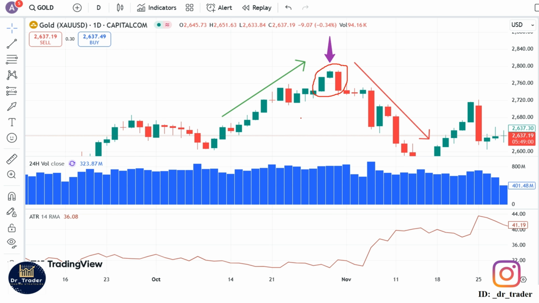evening star, and we can see that this is the green candlestick, this is the shooting star, it is not a shooting star, but we can consider it as a shooting star. And also the red candlestick, if it is at the midpoint of the green candlestick, you can see that the closing price of the red candlestick is much lower than the midpoint of the green candlestick, and it proves that this pattern is so strong. And also we should check the volume condition, and we can see that this is the